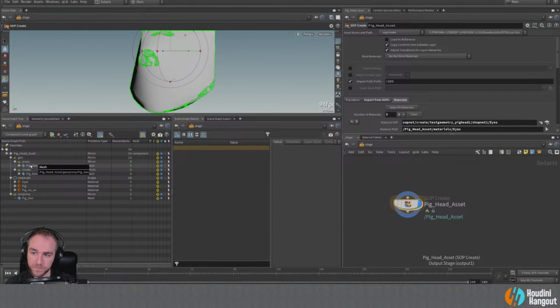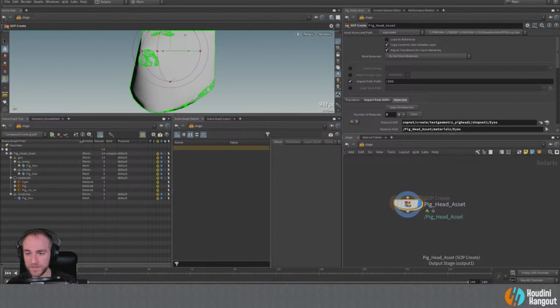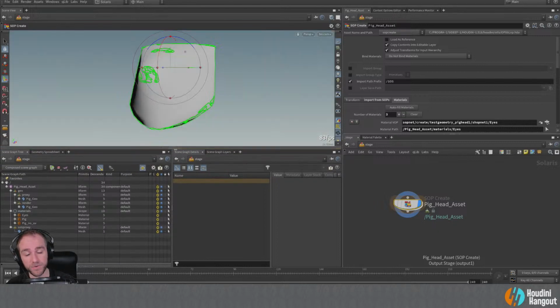And so when we're dealing with this here, this is not set up correctly yet. There's some really fine detail that needs to be set up on these primitives. Things like their kind, the purpose. Purpose means will it show up at render time, or will it be a proxy, or is it some sort of sim proxy? So the purpose is just set to default on all these, which isn't correct.